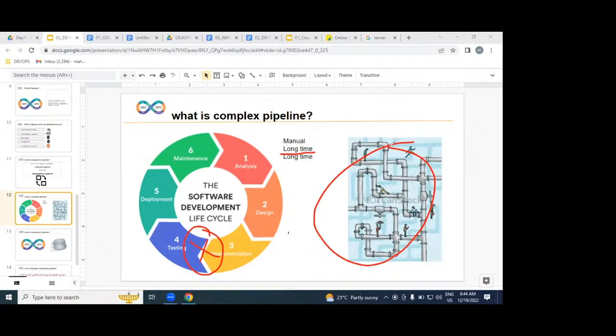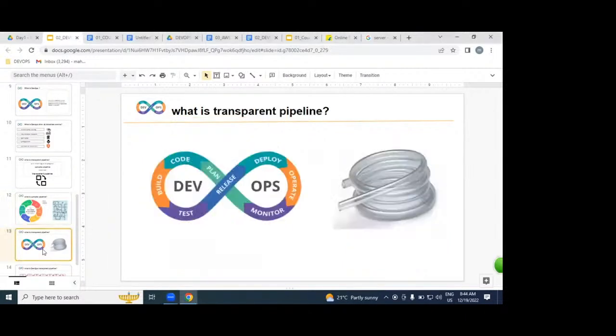That is the reason we replace it with an automated transparent pipeline, by using DevOps. The same water pipeline, the same usage, but it is transparent and automatic. Understood?